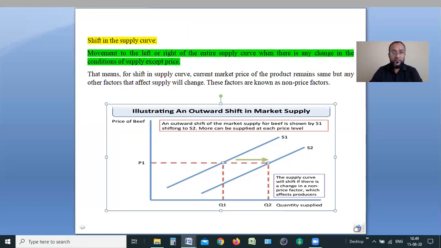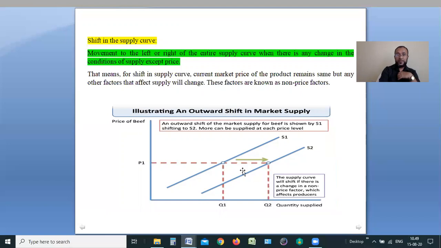That means for a shift in the supply curve, the current market price of the product remains the same, but any other factors that influence the supply will change. These factors are known as non-price factors. Okay, due to the change of those non-price factors, assuming that price is fixed, what will happen to the supply curve that we